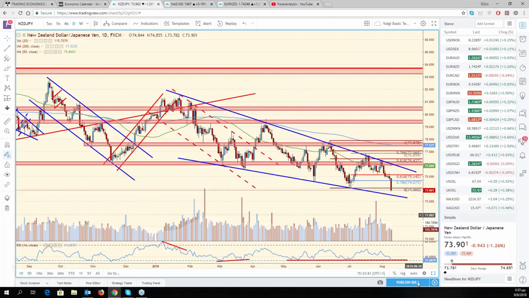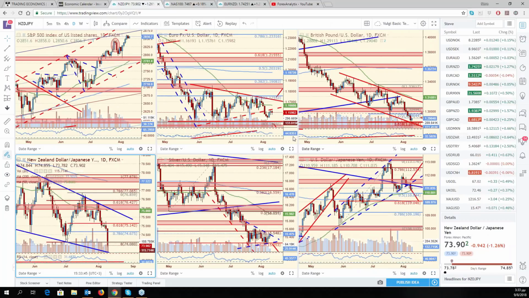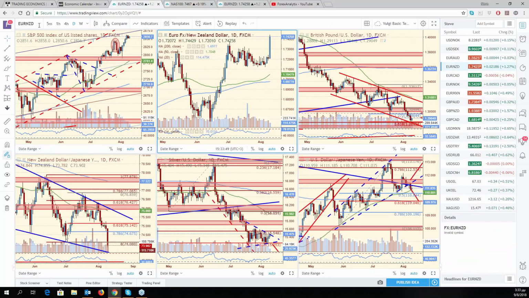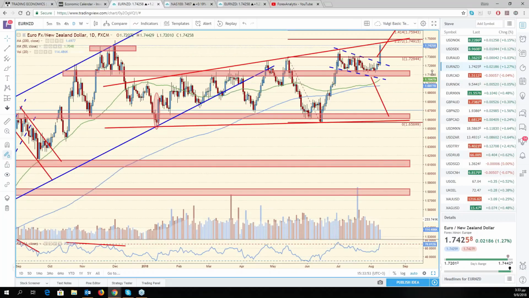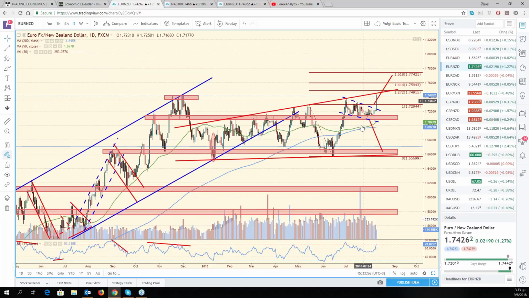Cross rates like Euro Kiwi exploded higher. To be honest, that was not a surprise. I had made very clear that, in my opinion, between the cross rates, the Euro Kiwi was the one that was better positioned for a resumption to the upside. I mean, the move higher was clearly a very strong one, and the move that followed was very clearly a corrective one. Never managed to break below the 171 horizontal support area, and this